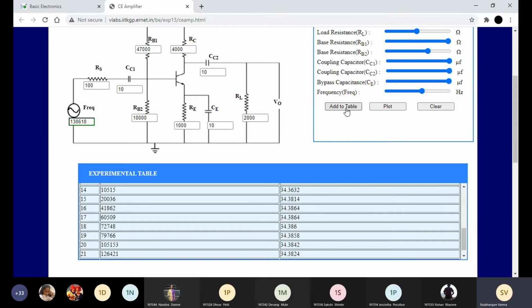Then 1.4 megahertz. Then we are going to take a reading for 2 megahertz.